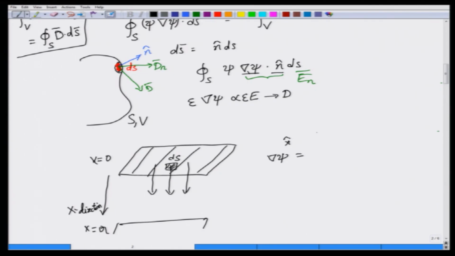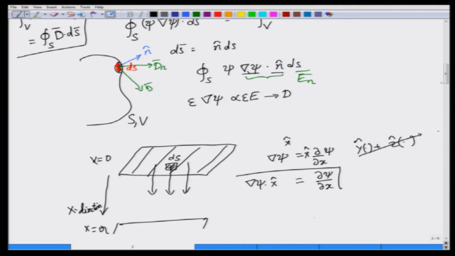Well, one interpretation was in terms of the electric field. So, clearly that should give you the normal component of the electric field, but that is one thing. If you expand gradient of psi itself in the Cartesian coordinate system, you will see that there are terms with y and terms with z. Let us not worry about those terms, because when you take the dot product, these terms will be left out. So, you have del by del x of psi in the x direction, and when you take the dot product of del psi with the normal to the surface, which happens to be along x direction, you get del psi dot x hat to be del psi by del x.